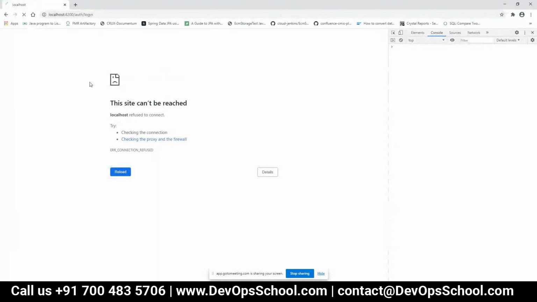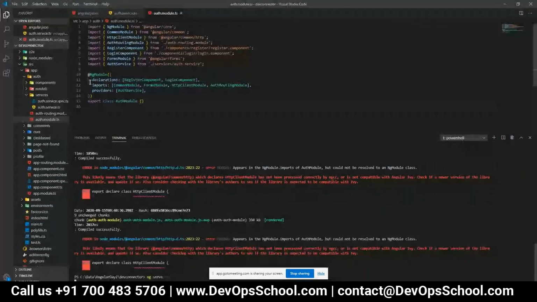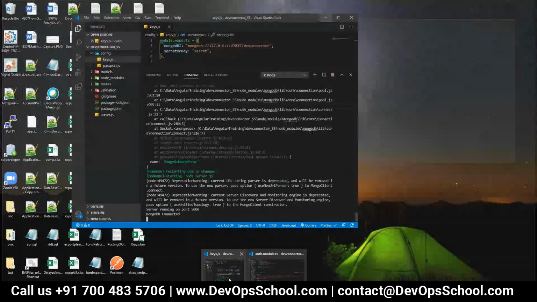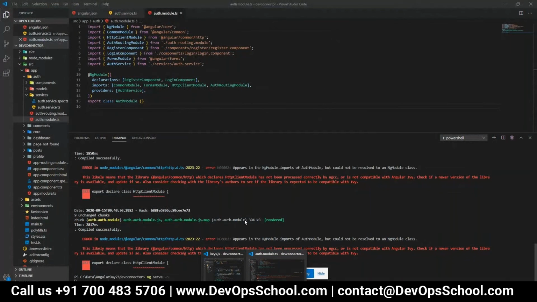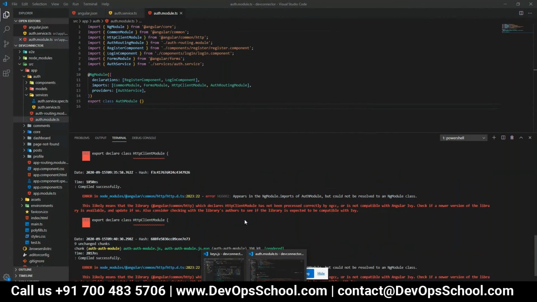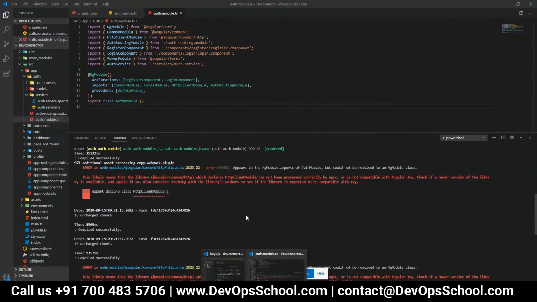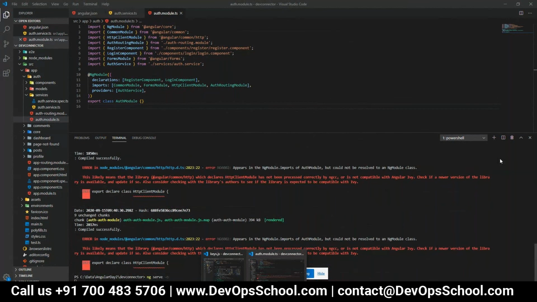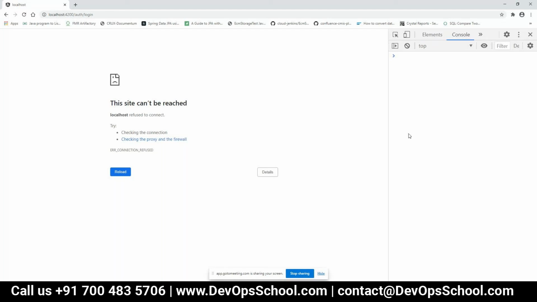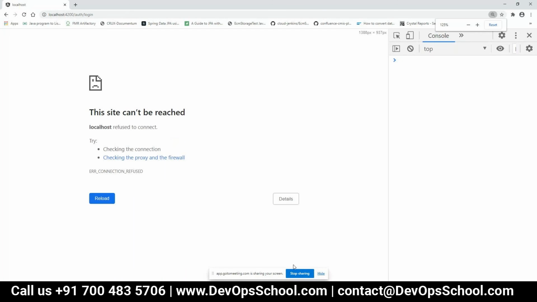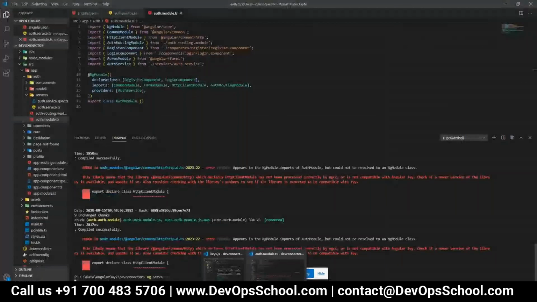Vidya, could you please just increase the terminal size? Just drag this terminal up.